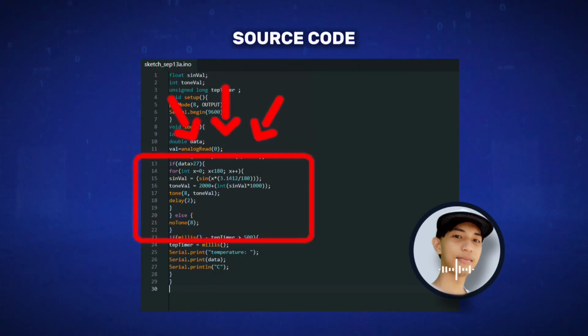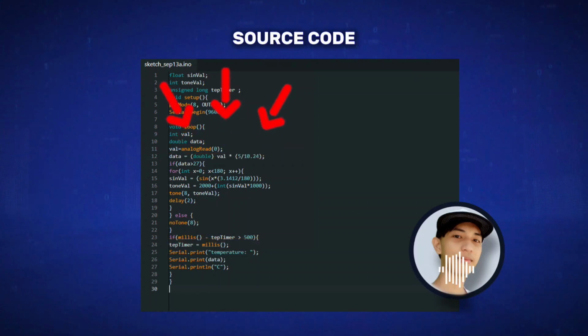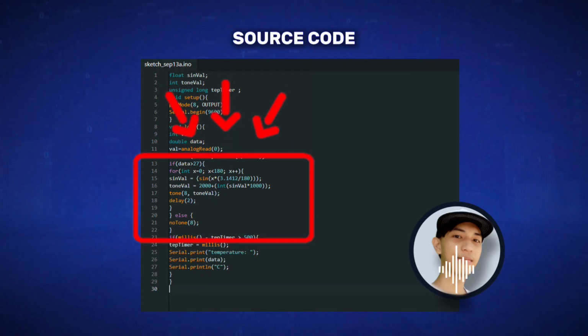If this condition is not met, and the data is greater than 27, then this if statement is the one that shall be given. If the temp timer is greater than 500, this serial print will